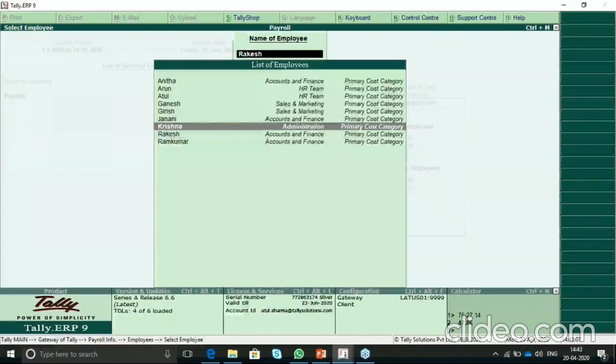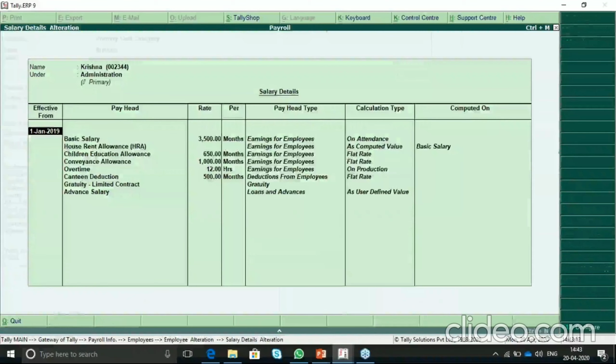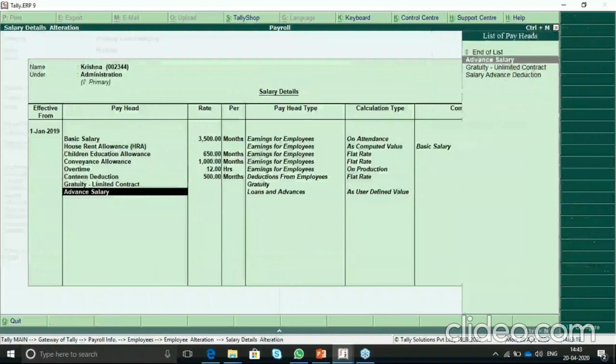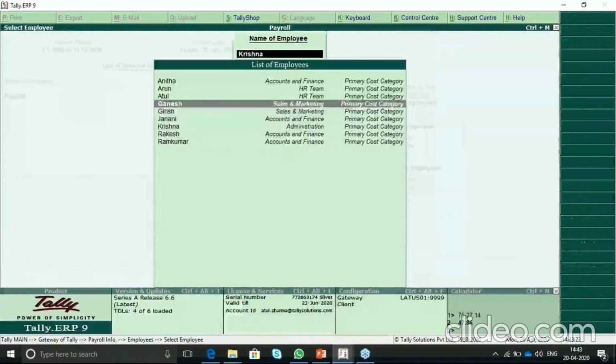So department-wise, you can define the salary, either in the group or freshly. Here this is limited contract: sales and marketing, HR, accounting.